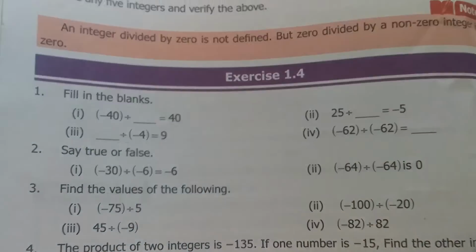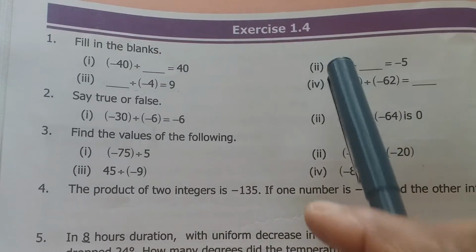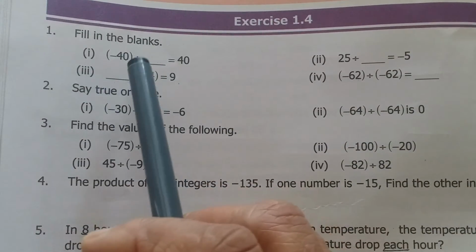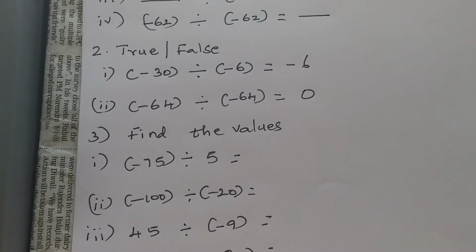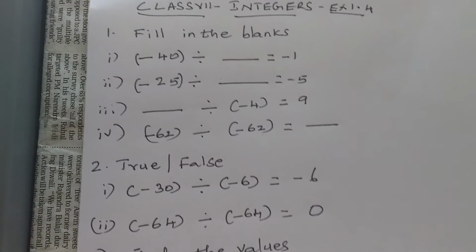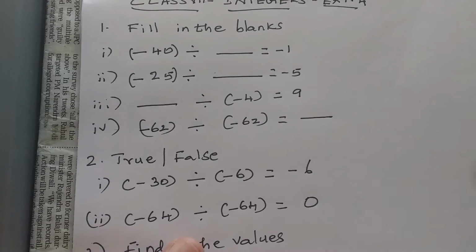Today in this video we'll see integers class 7 exercise 1.4 which is about division of integers. Okay, now the first question is fill in the blanks. We'll see one by one. The first one is minus 40 divided by dash is equal